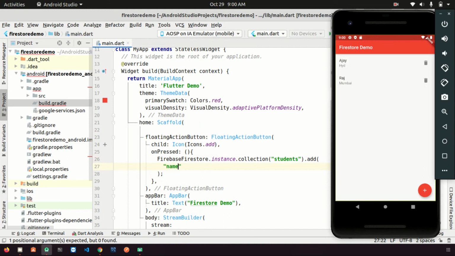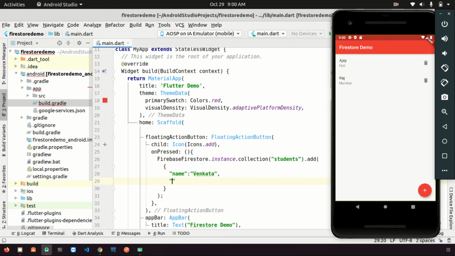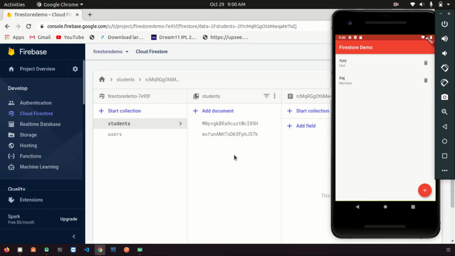Then I'm passing the name, map object. So we need to pass it like this, name, the name I'm passing here, and city, HYD. Fine. Let's click add, and if you see here also, there are only two data, right?